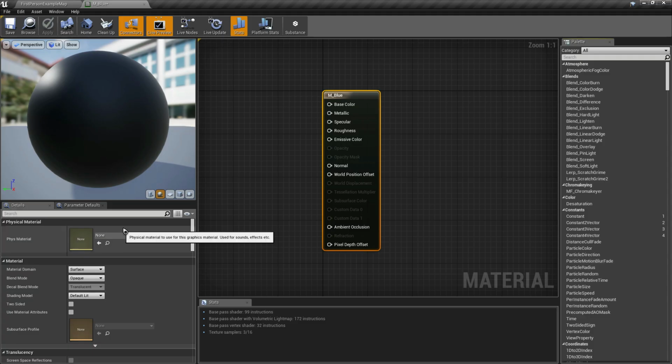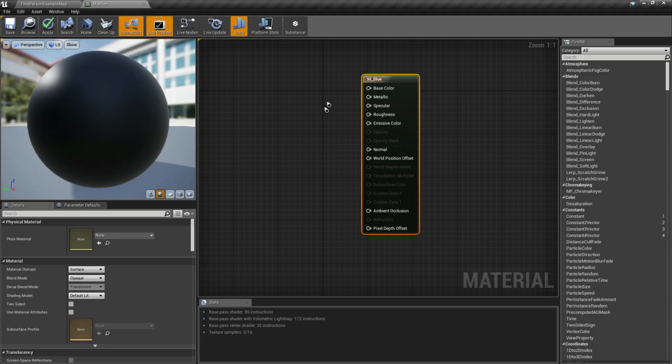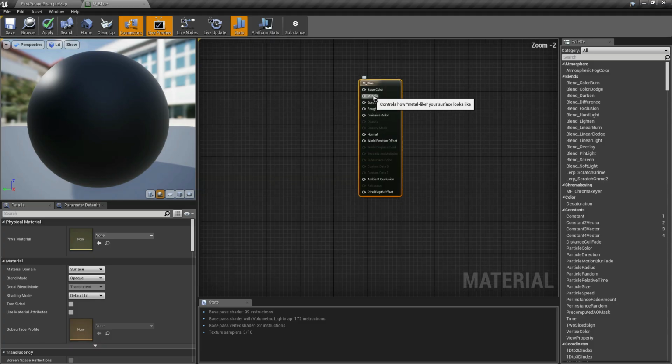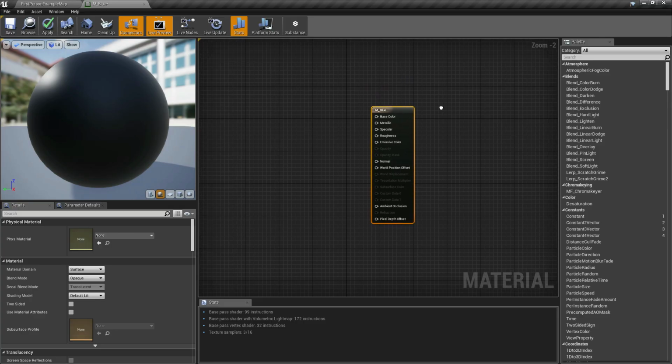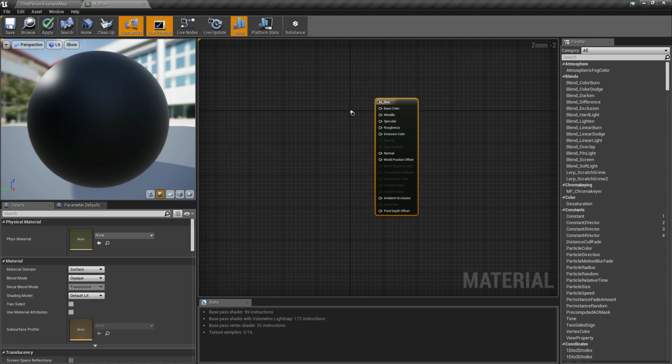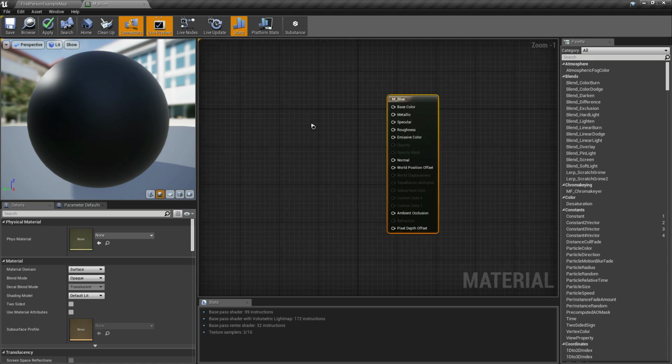And on the lower left is the details panel of the selected node in our work area. It looks like a blueprint setup, but literally it's not a blueprint, but it's still using nodes to modify the materials that we created.